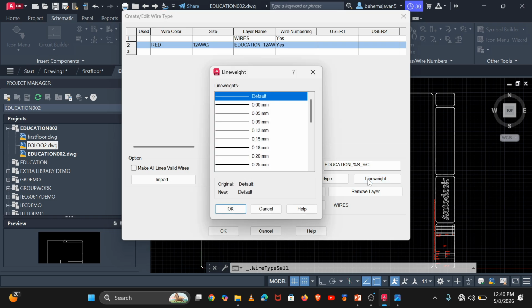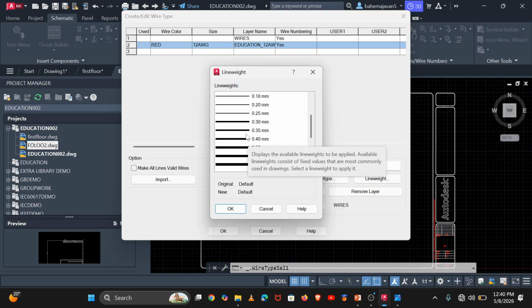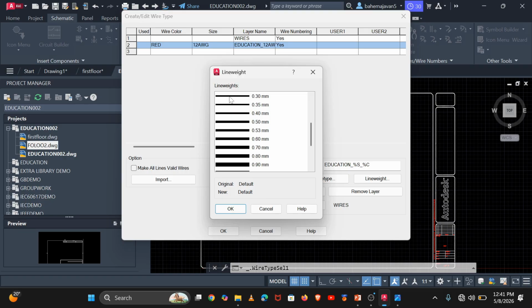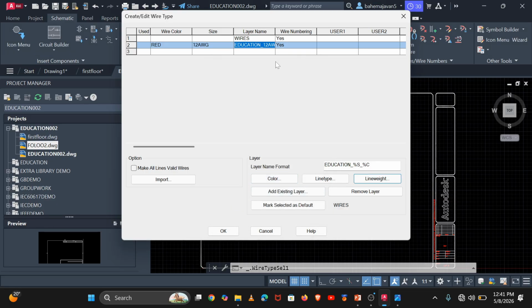As we change the line weight, the size of the wire will be shown while we are drawing, or even in the description of the drawing. So you just grab your cursor and scroll until you find a size that you like, and then you click OK. By clicking OK, you created the first wire, which is red, that is having the size of 12